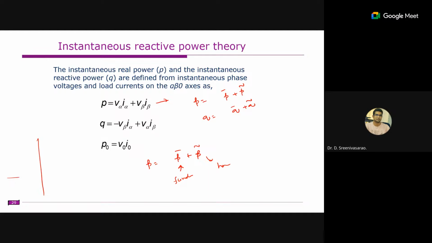Normally, if both voltage and currents are sinusoidal, we can expect the power line to be a straight line. If there are no harmonics, or it is not drawing any harmonics, you can expect something like this. If harmonics are present, the power line will be something like this. That means it consists of both an AC component and a DC component. The DC component is responsible for the fundamental, and the remaining high frequency AC component is due to the harmonics. Similarly for Q as well.